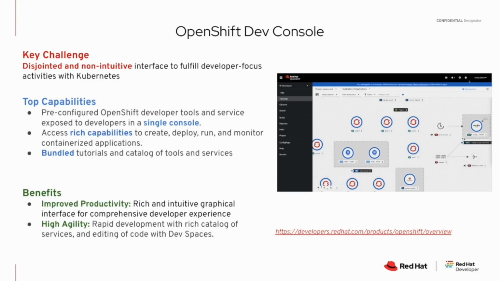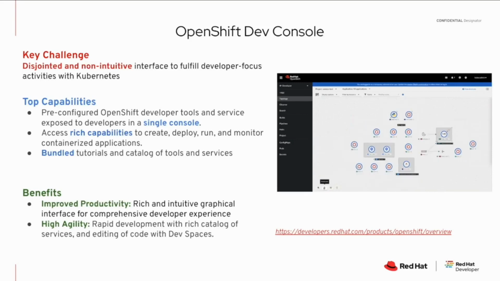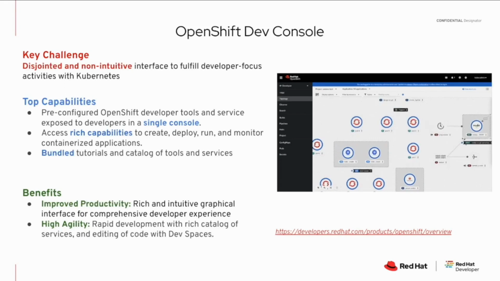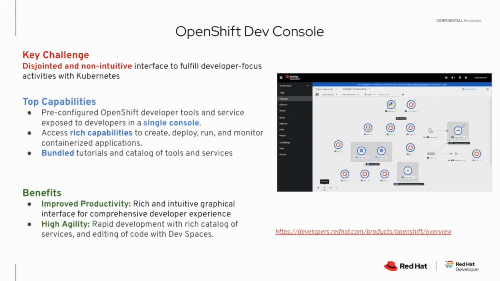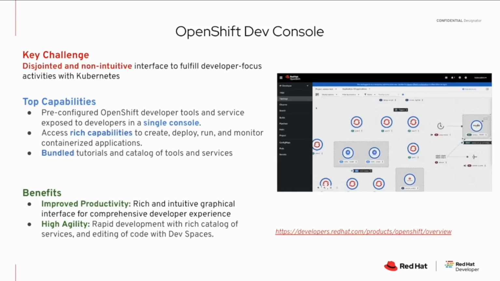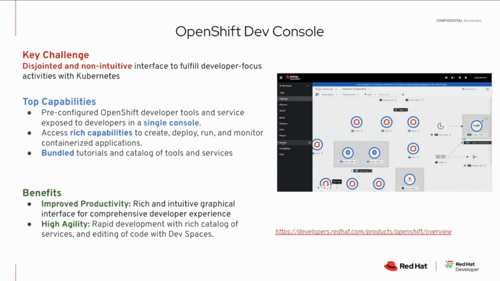And you can then do the end-to-end thing. You can go in here, you can try out samples, you can bring in your Git, you can deploy it directly onto the cluster you're in, you can run it, you can see, you can make some changes to it, you can monitor it, so you can get access to a lot of the different stats around resource consumption and everything, all within the same cluster where you are by simply logging into it and getting access to the developer console. This rich and intuitive graphical interface basically gives you a comprehensive developer experience, and that makes your job a lot easier and a lot faster to go from idea to running applications directly onto OpenShift.